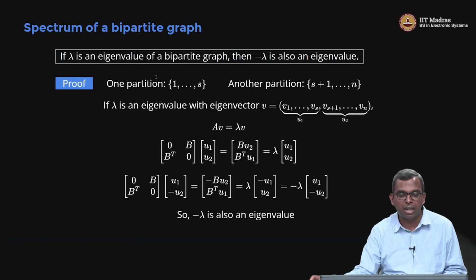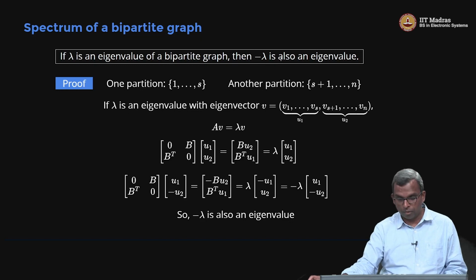So proof went really quick. So basically the point is, if lambda is an eigenvalue of a bipartite graph, minus lambda is also an eigenvalue. So let's